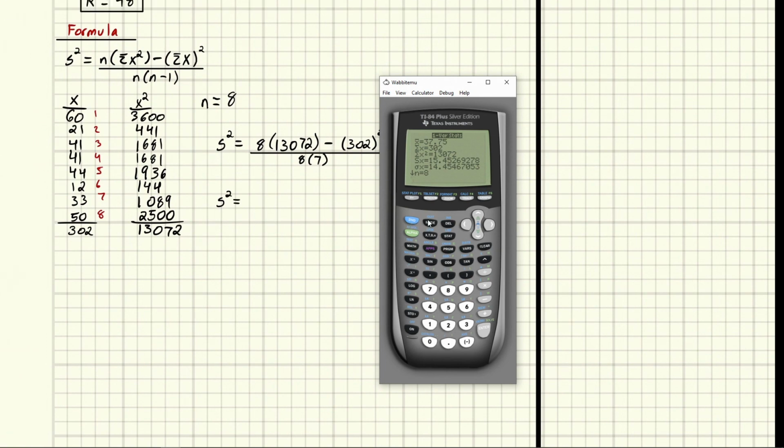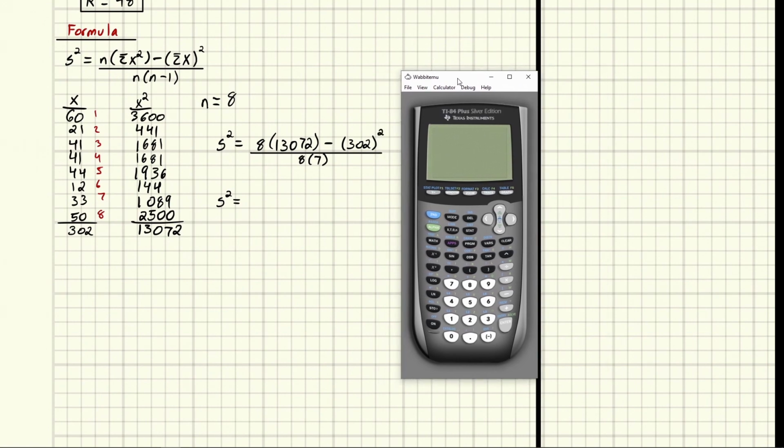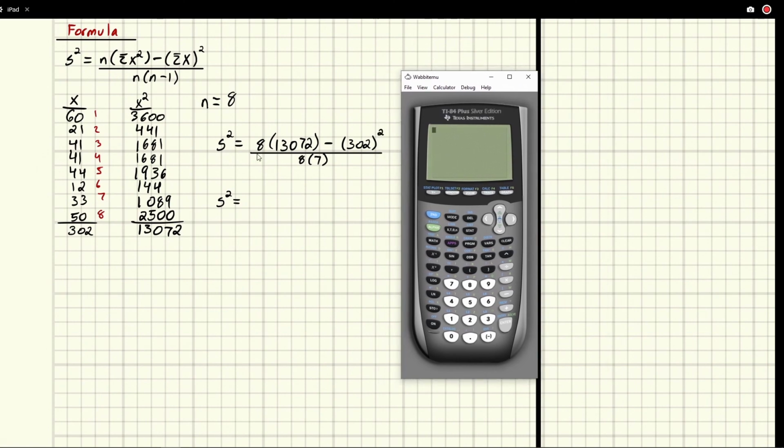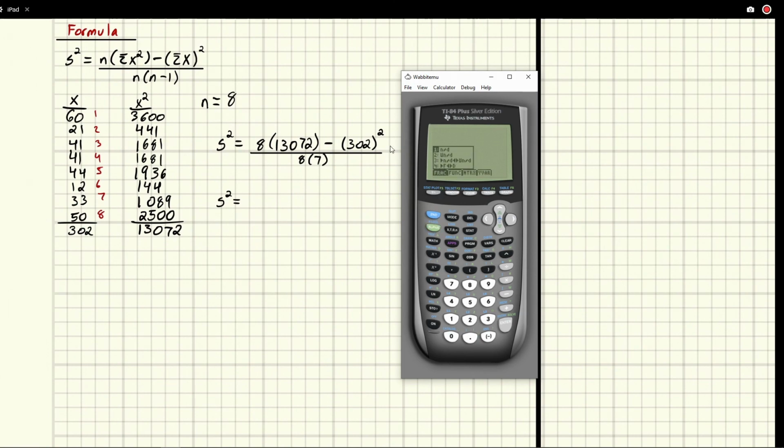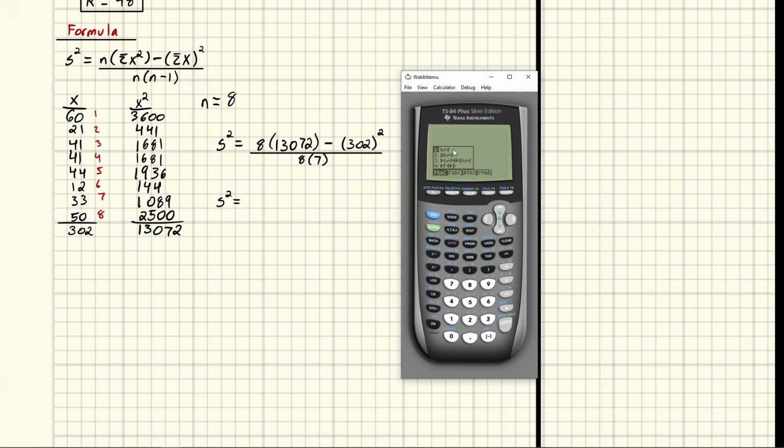I'm going to hit second quit to go to the front page of the calculator. Oh, I'm kind of blocking it a little. And we've got a fraction here, so you can actually type this exactly how it is in this calculator. Just hit the green key and hit F1. And you are brought to this calculator fraction area. We're going to choose option 1, numerator over denominator. And it's going to be 8 times